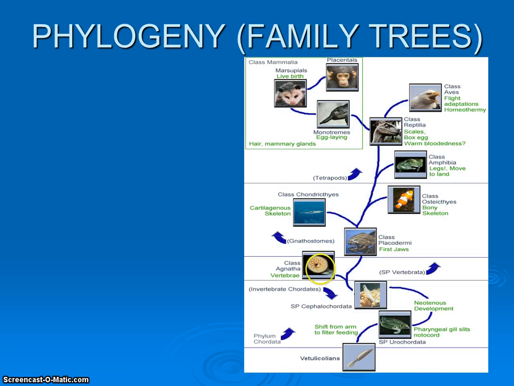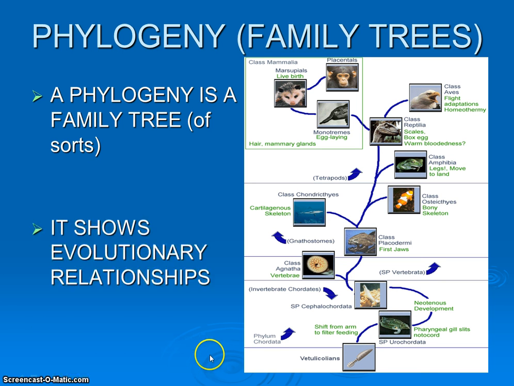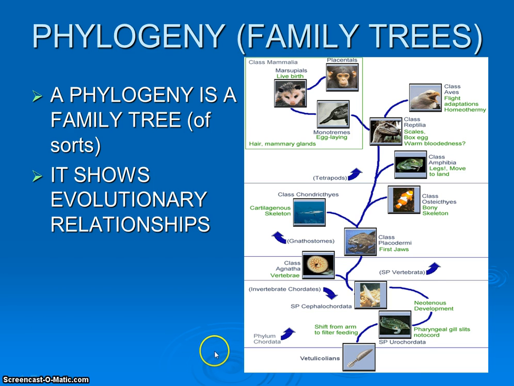So when we say this, and this is kind of a messy example here, what we're implying, if we put them in a tree format, is that as we advance upward, we can see different groups, different classes in most cases, of organisms evolving and branching out. And actually within this, we can see the evolutionary process as a whole. It shows evolutionary relationships, how the closer you are on this timeline, the more closely related you are, the more